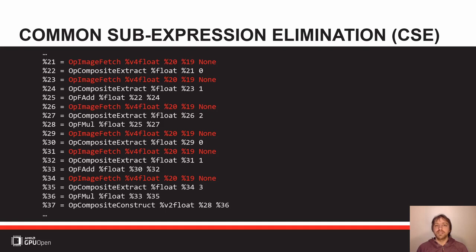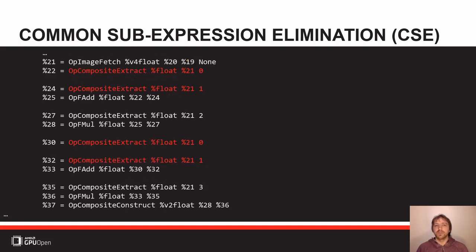First of all, we see that all of those image fetch operations use exactly the same operands. And thanks to SSA, we know immediately that this means that they load from the same index of the same buffer, all 6 of them. With an additional check, which the compiler needs to do separately, SSA doesn't help there, but it's easy enough. It can tell that there is no other memory operation in between that might change the outcome of the load, right? That there's no image store there that would mess things up. So we can remove all the redundant fetches, have a single one, and extract the components from that single fetch